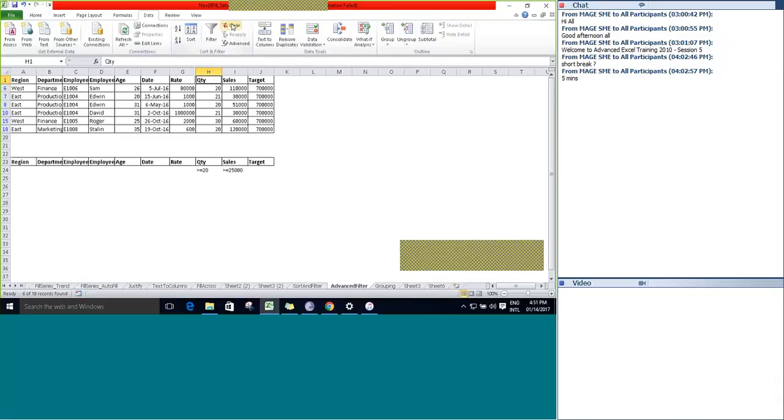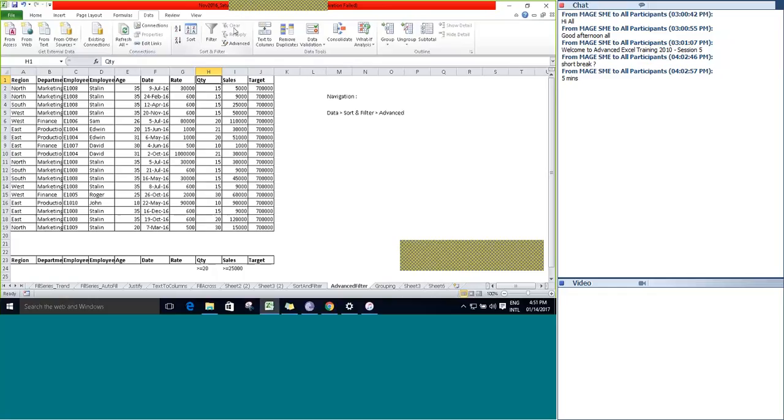If you want to clear it, if you click on the Clear button here, it will clear all the criteria. Say for example, we just filtered the data in the master table and displayed it here only.